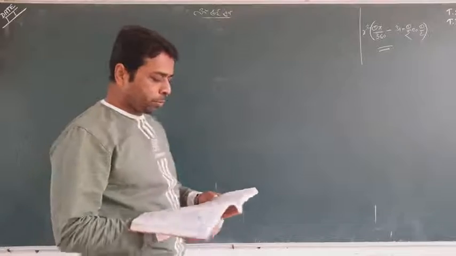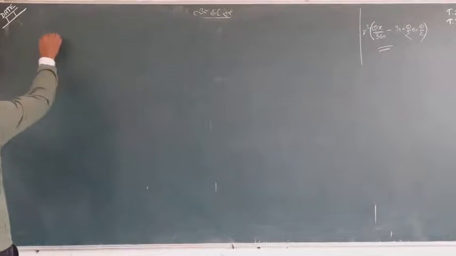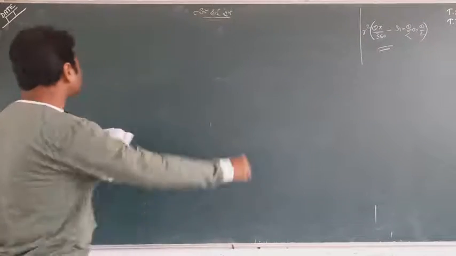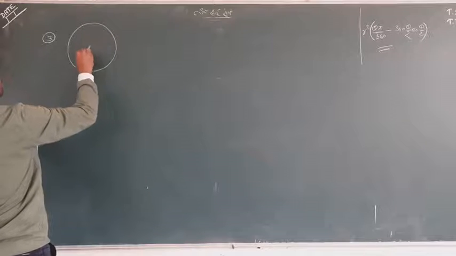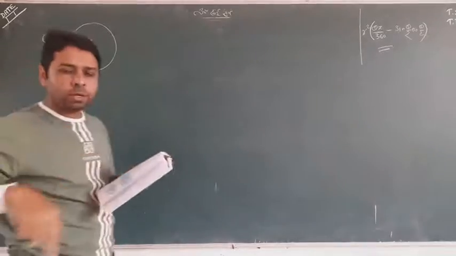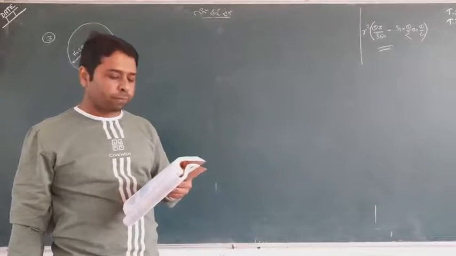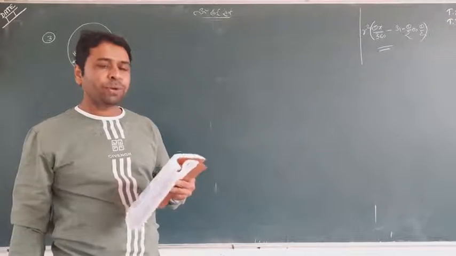We have question number third. Third is also looking good. The question says the length of the minute hand of a clock is 14 centimeter. Can you see? It is a minute hand and it is 14 centimeter. It works like the radius of a clock, meaning the radius of a circle. So the minute hand is given as 14 centimeter. Find the area swept by the minute hand in 5 minutes.